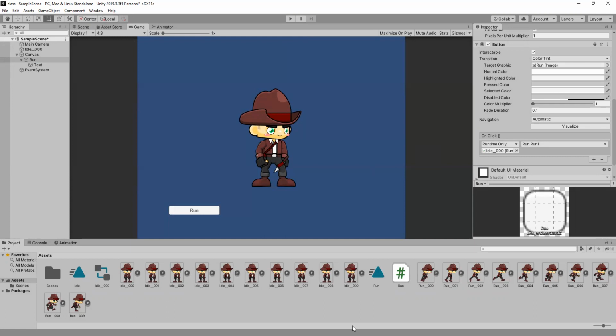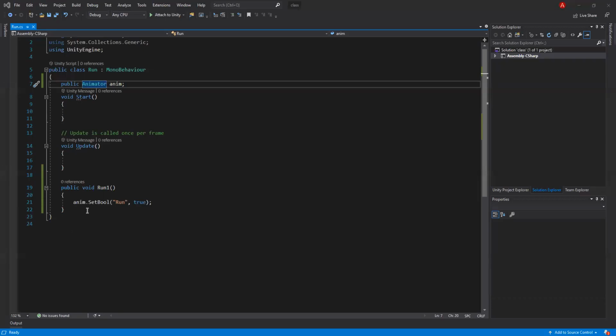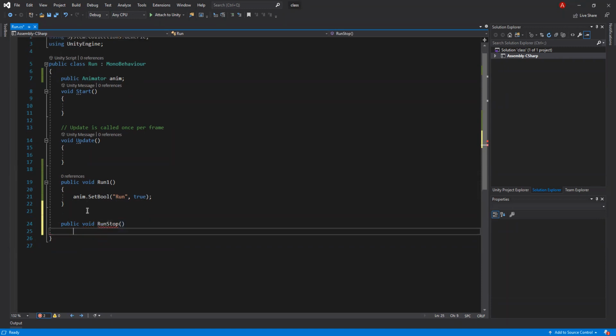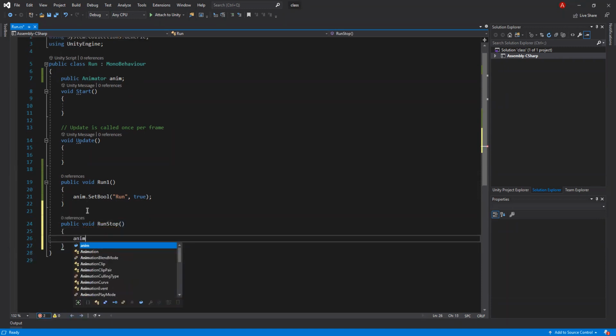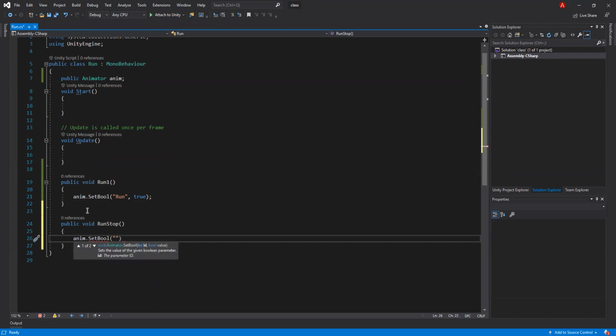Okay, let me show you another button. Sorry, we need to shuffle between the code window and here. What will happen? False. Simple. Done.